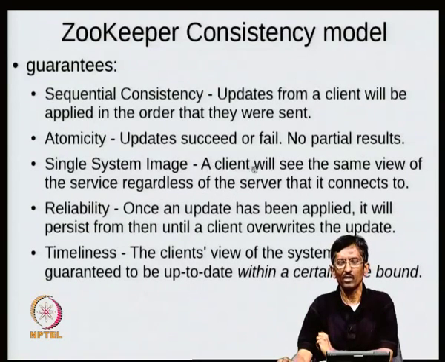So it's important that the client will see the same view of the service regardless of the server that it connects to. Again, this is also guaranteed by group communication systems. They go through what are called views, and they ensure, though it cannot be done absolutely because, as I mentioned, FLP results prevent it, but they try to ensure as far as possible that each client has the same view of the system, and all the messages that are sent and received go in a particular order. So group communication systems attempt to do the same thing.